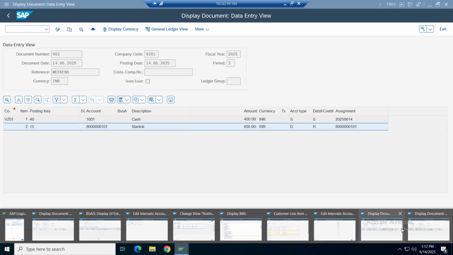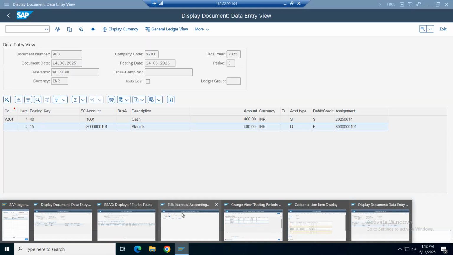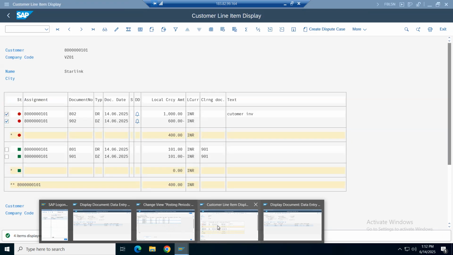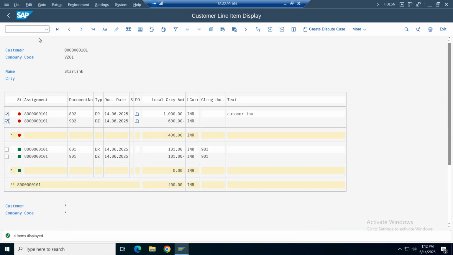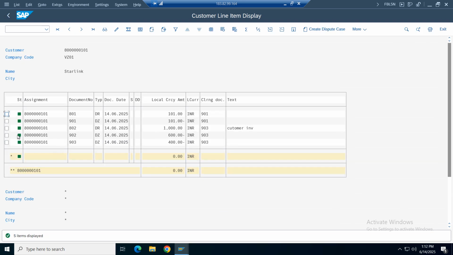So what should happen in the report? I'll just close all the items which are not required here. So refresh your transaction, customer report transaction. Is that clear everything? Your first initial customer invoice, then your partial amount as 600, then the remaining amount as 400. So until the last partial payment is done, when the payment is made for the last transaction, the system has cleared all the open items. So no questions on partial payment, right, sir? Is that clear?